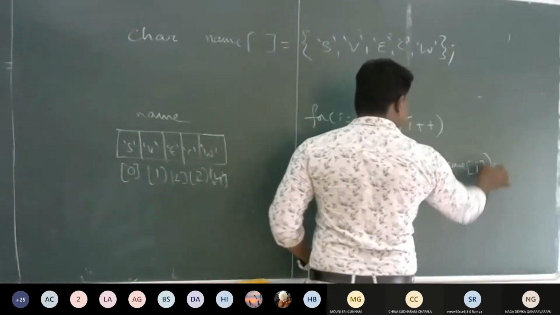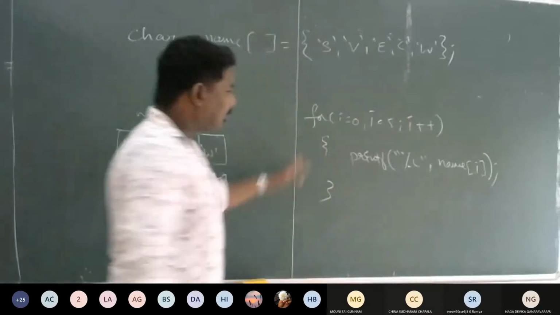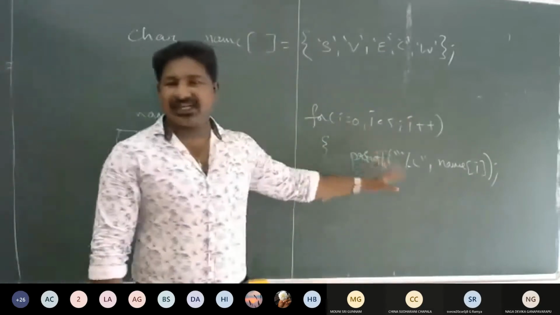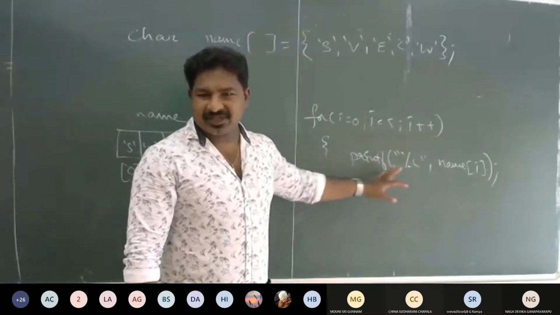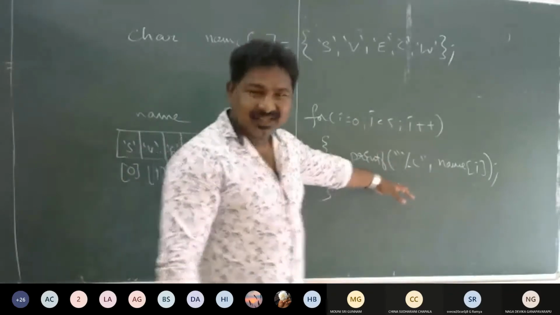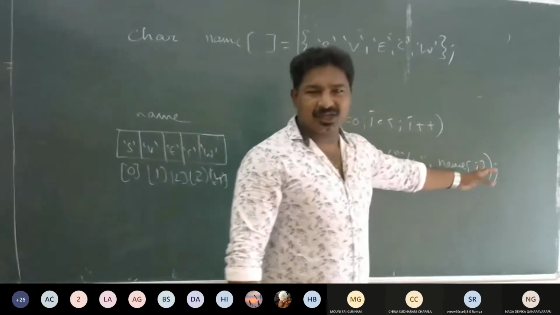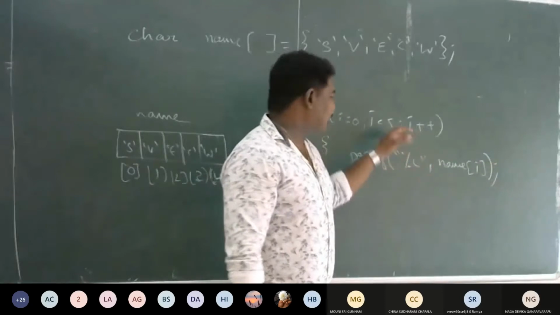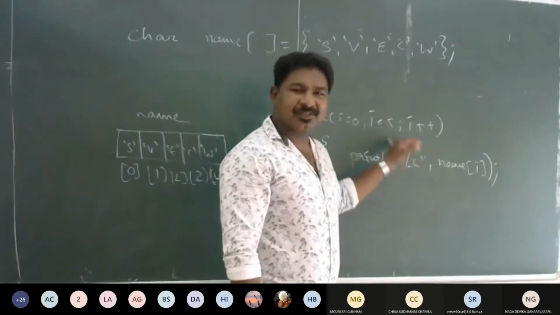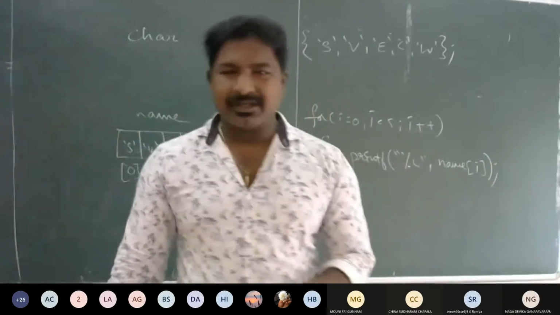This is the notation that we use for integer arrays, right? If I want to print my array elements, I print with %d, then the name of the array with subscript or index value i. So this is actually a character array, and it prints 5 characters, right?